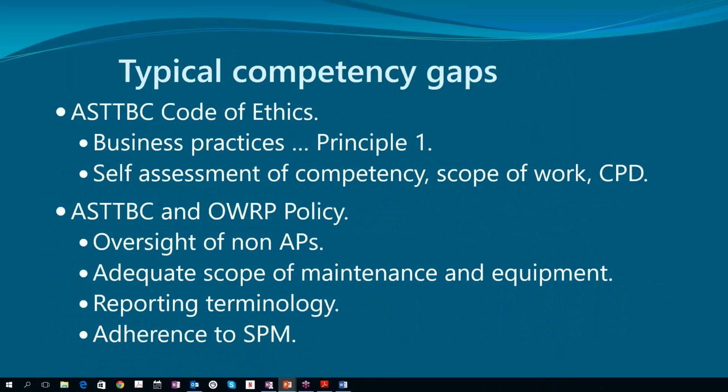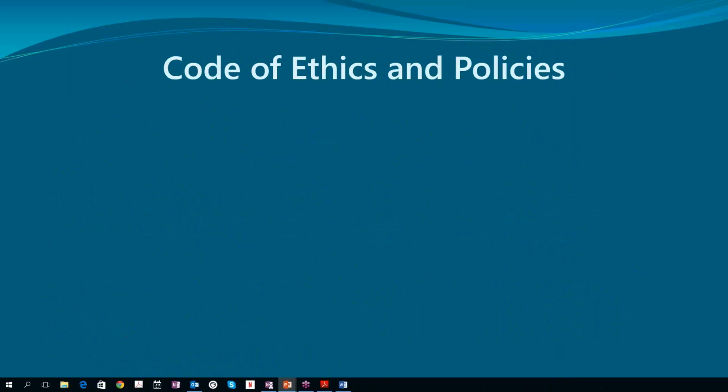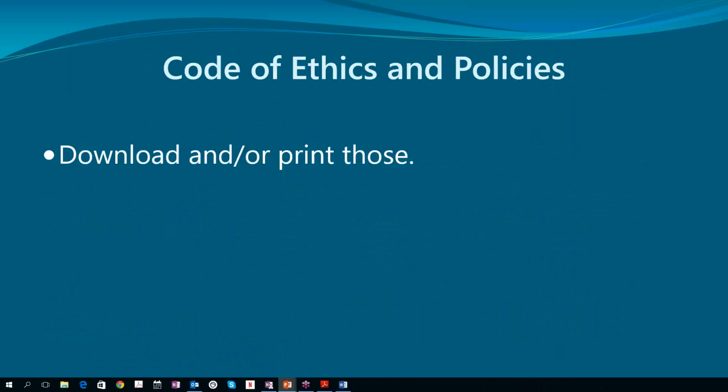Period, and not period. It means that if you're a professional, you can do custom design, you can do your own math to determine how things should be designed. But for ROWPs, we have to follow the SPM with a few exceptions. We can depart from critical standards based on written advice from a professional. We can depart from guidelines based on our own written rationale. At any rate, that's still basically following the SPM, because Volume 3 is guidelines after all. So Code of Ethics, download and print those, comply with those, and prove it.